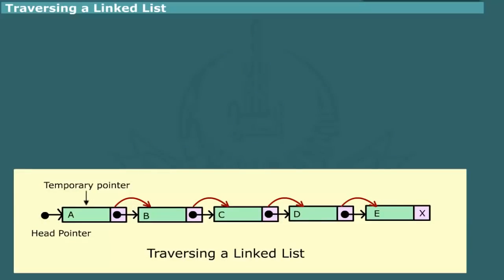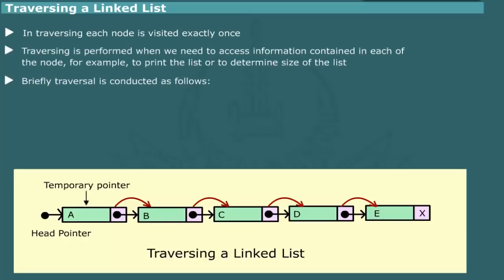Traversing a linked list. In traversing a list, we visit each node exactly once. Traversing is performed when we need to access information contained in the nodes of a linked list. Suppose we want to print the list or determine the size of a list, then traversal would be the natural